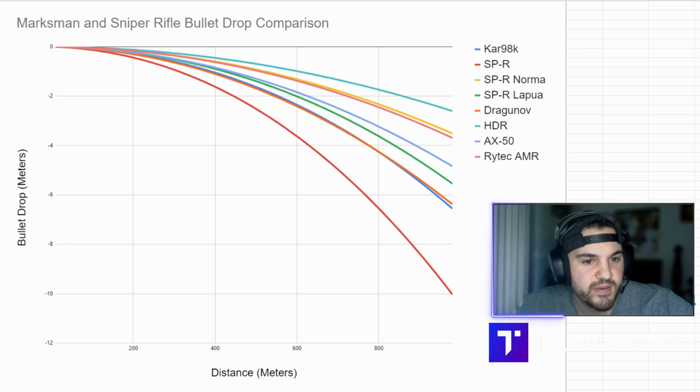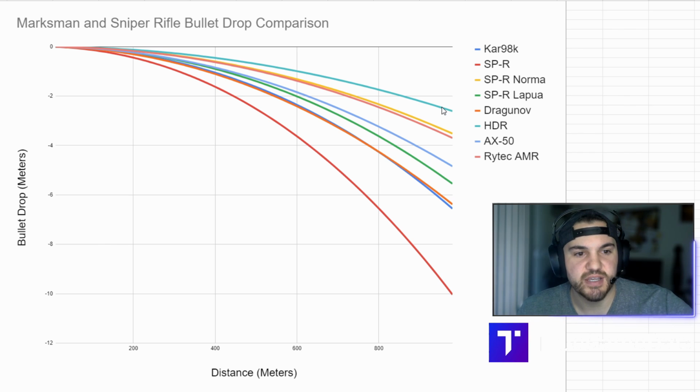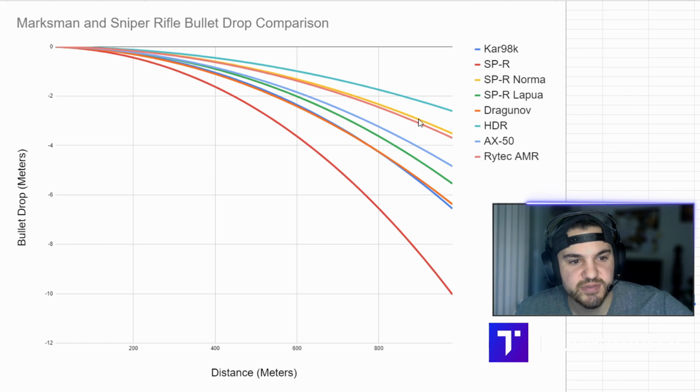So, starting at the top, HDR, that's what you would expect, has the highest bullet velocity, and everyone's always thought it felt like the most hit scan gun, so it comes out with the highest bullet velocity and least bullet drop, which is what you'd expect. Next up is the Norma rounds. Norma rounds have the second least drop behind the